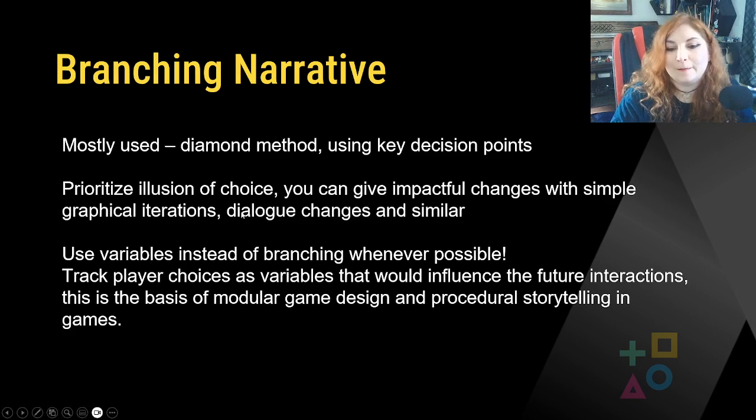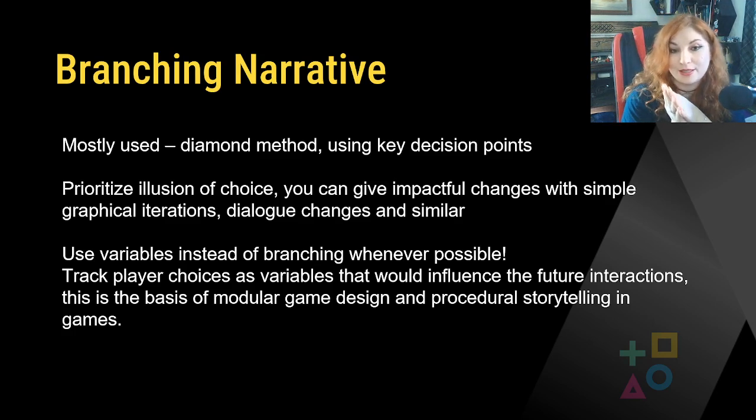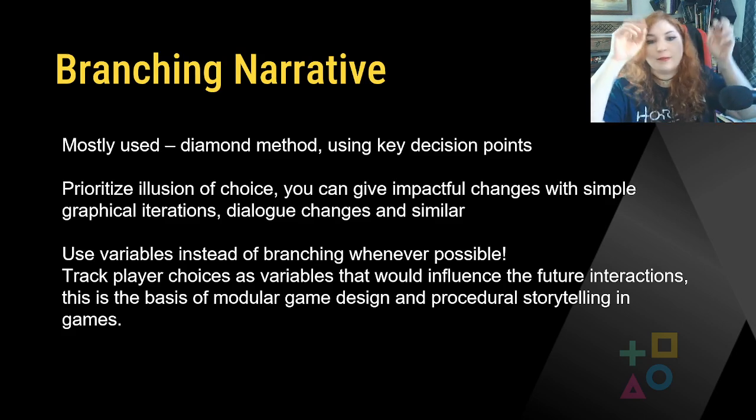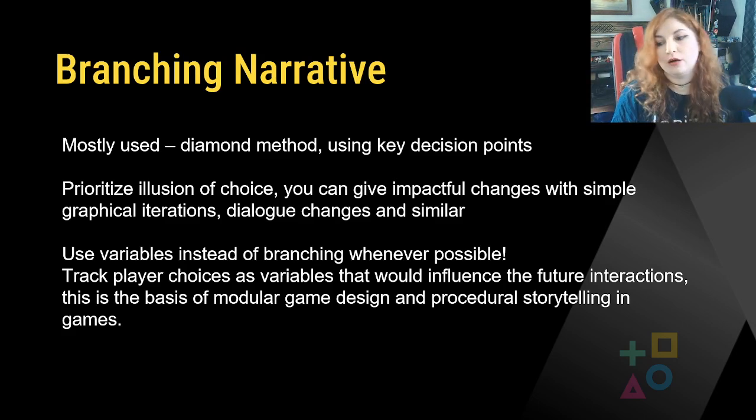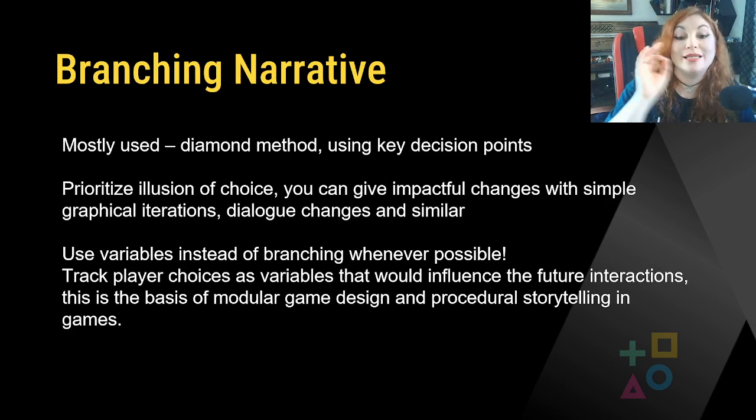One thing that I would highly recommend, because branching can be a huge headache: if you haven't done any branching narrative design so far, very soon it can become an absolutely unmanageable mess of choices, and where you put it back and how you then track them. So instead, what we use is variables. This is where we are tracking different choices with variables. So we're not branching, we're actually collecting the specific unique choices that the player has made, and then from there,